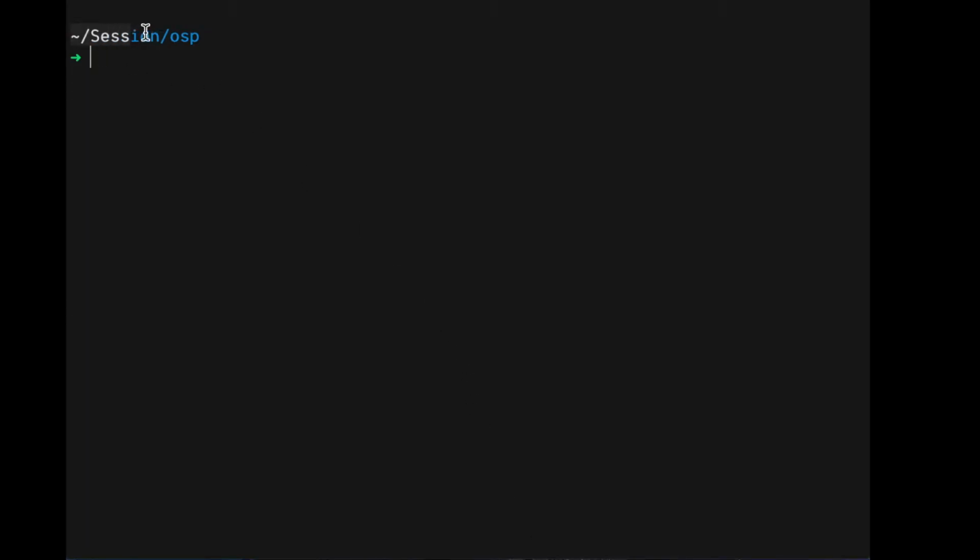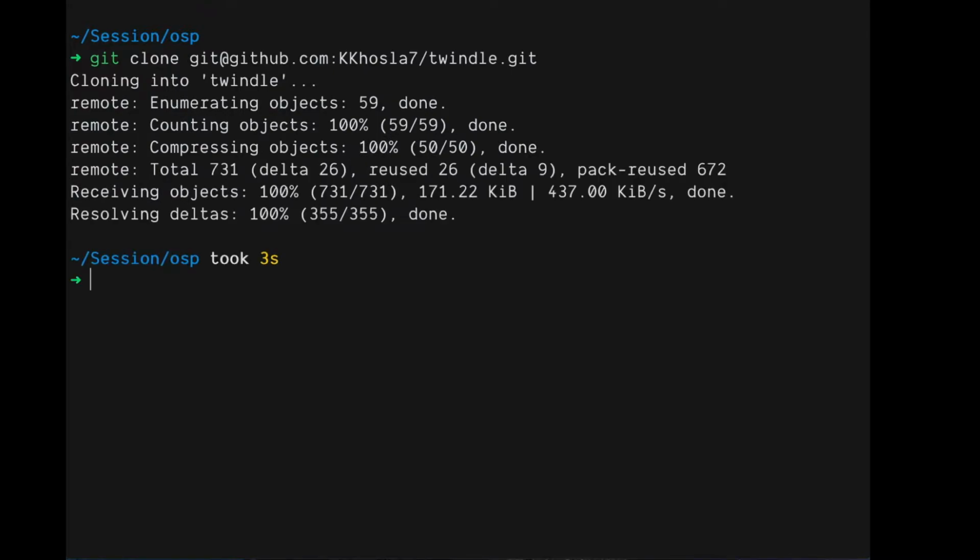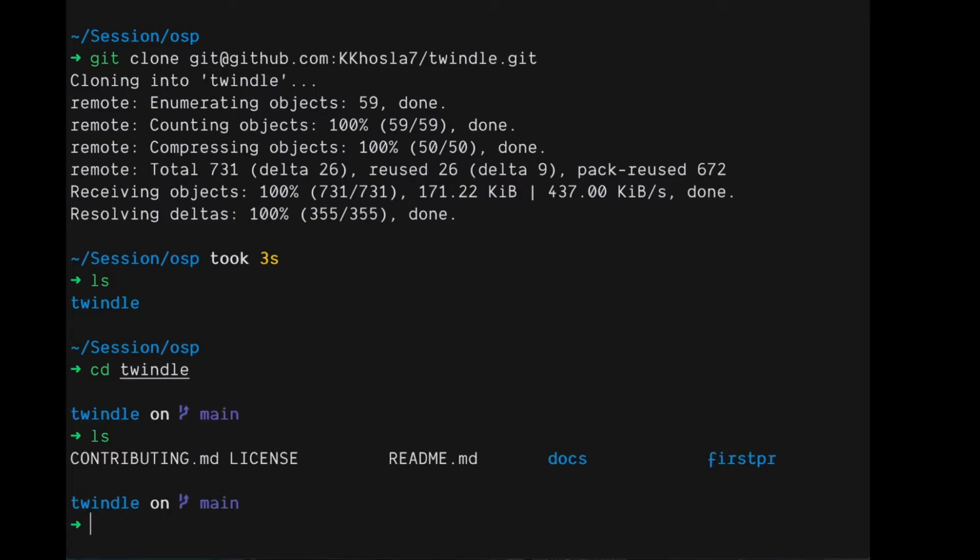Now you head over to the terminal. You can see I am in a sessions directory under OSP, which is another directory under the session. Now you can do a clone here, git clone. You can see I have used this SSH one. If I hit enter, you will see I have cloned this repository from remote to my local, and you can see it's here after listing the content of it. If I cd into the directory, you can see the content.